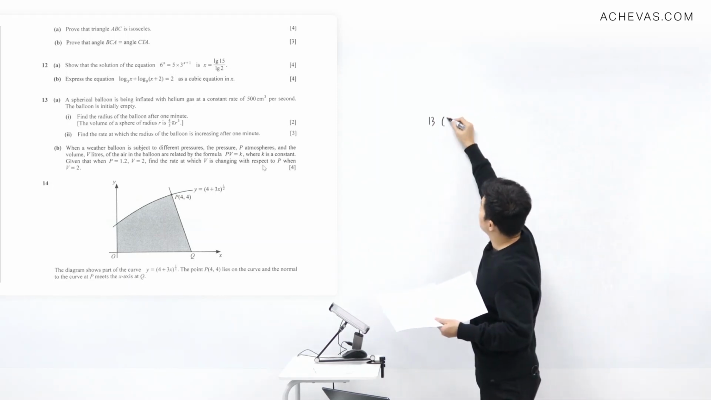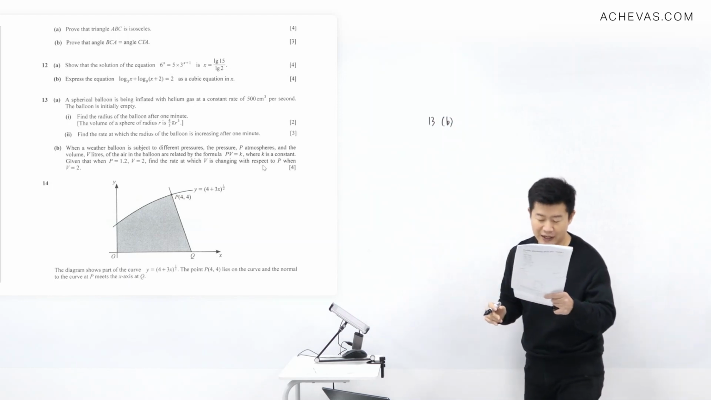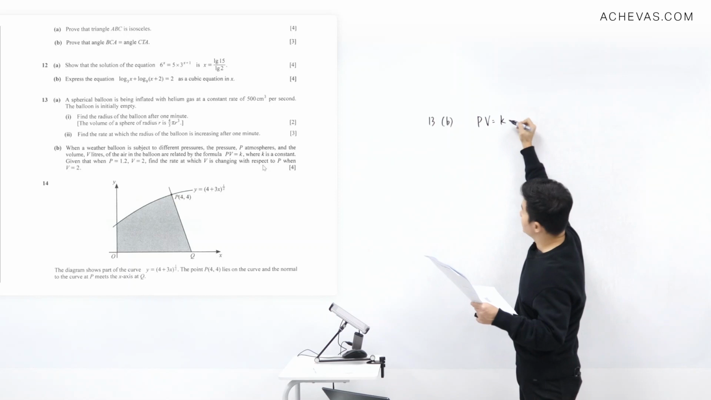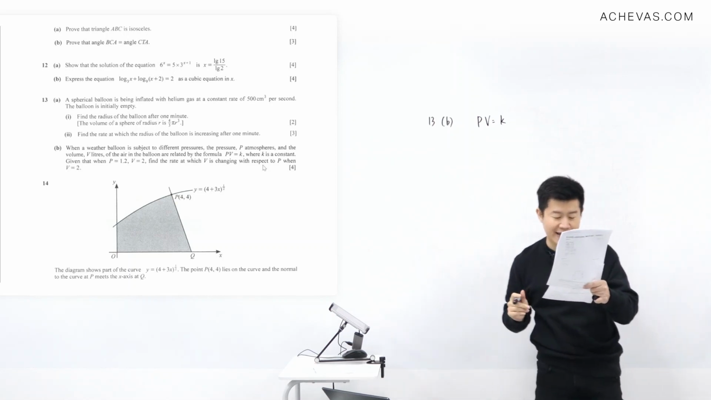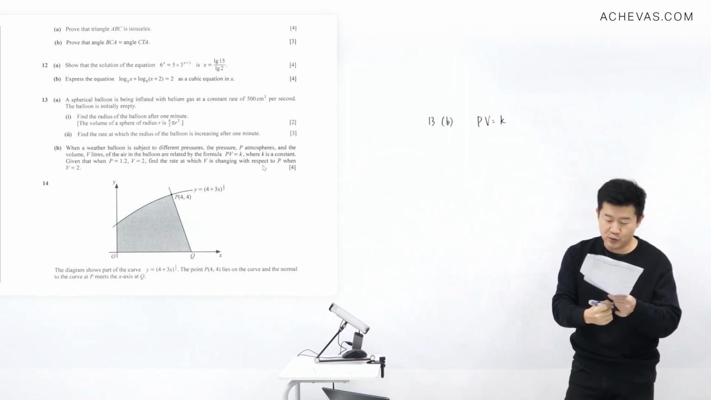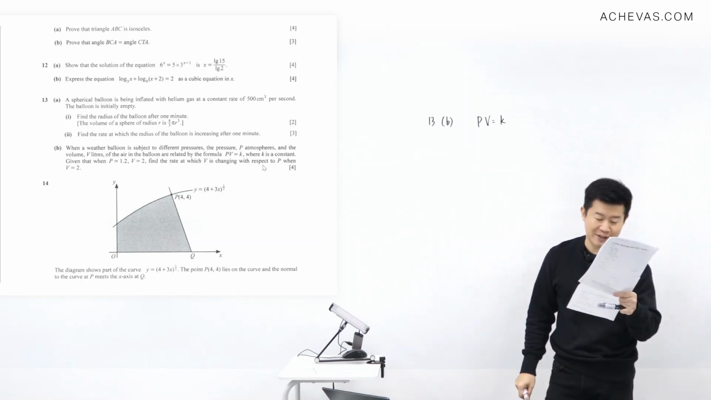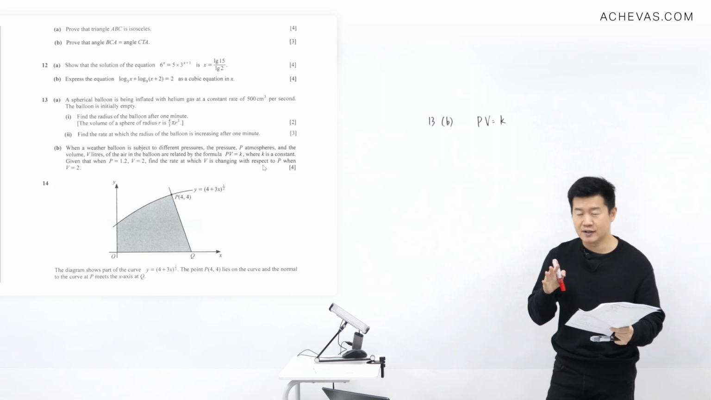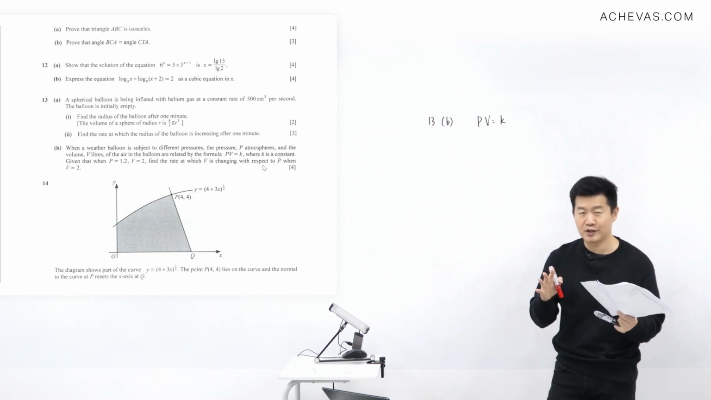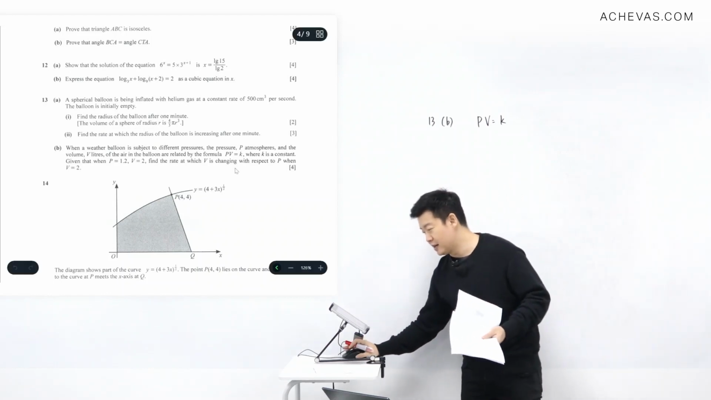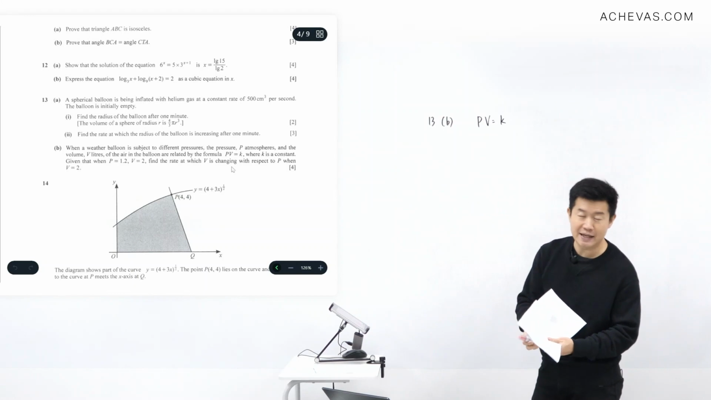13b, we have this weather balloon, and we are given this equation which involves pressure and volume. It is going to be equal to K. This K is a constant. What we are supposed to do is to find the rate at which V is changing with respect to P. And I think this is not the most familiar kind of phrase to see in a rate of change question,